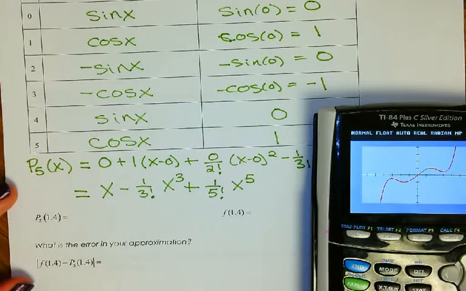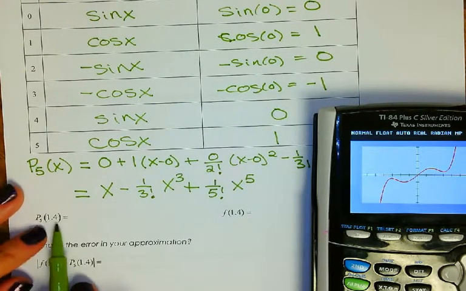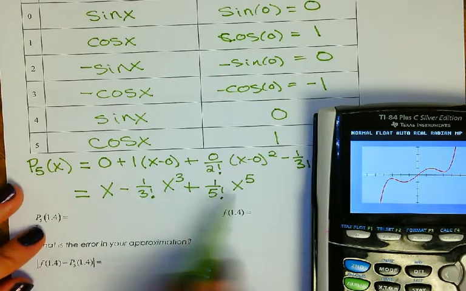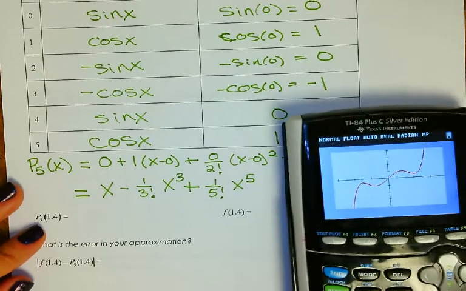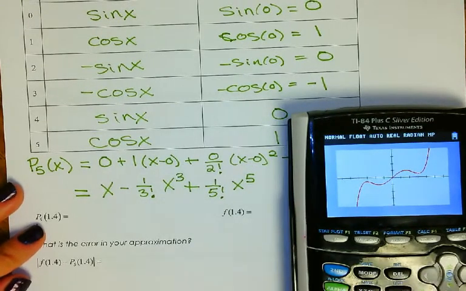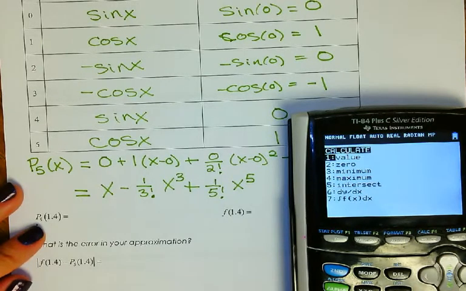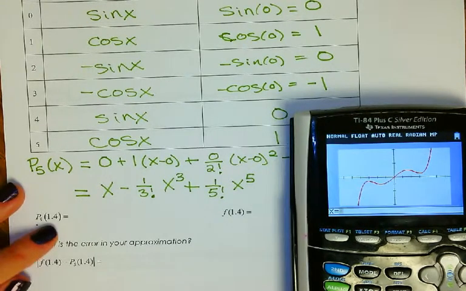Now say I wanted to figure out what the polynomial was evaluated at 1.4. So you could either plug 1.4 in there using your calculator, just in your regular home screen. If you already have it in your y equals, one advantage of the calculator then, I'm just going to do second calc value,